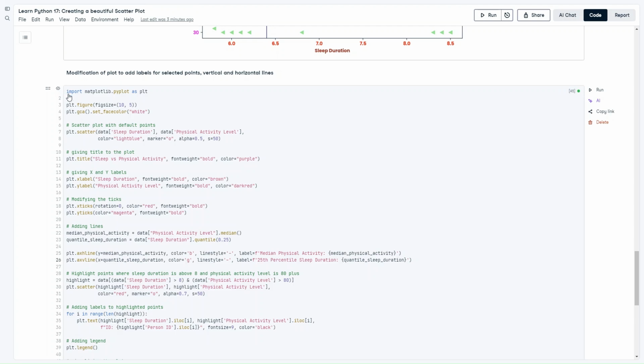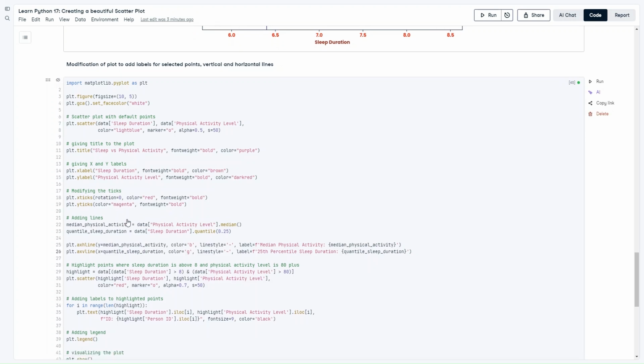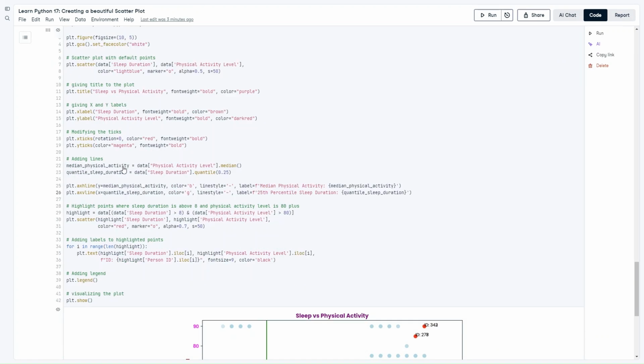So this part is we have already discussed. So now before adding the lines, actually we can create two variables. So here we have a median physical activity, which is just the median value of physical activity level, and quantile sleep duration is the sleep duration 25th quantile. Now when these two variables are created, while adding this horizontal and vertical line, we can refer to this variable,